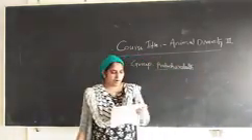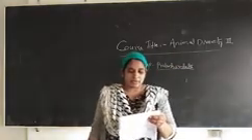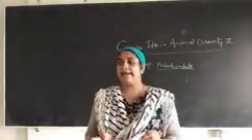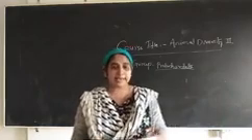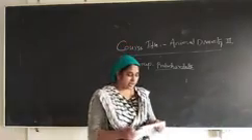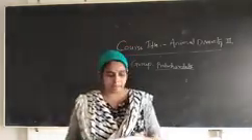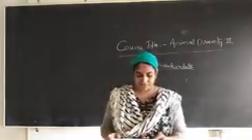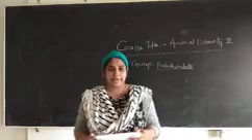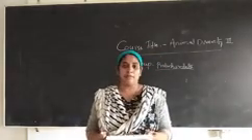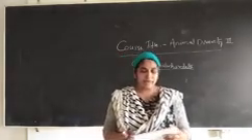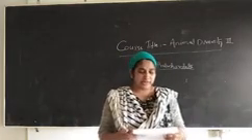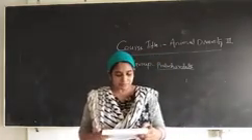Group Protochordata, again the Protochordates, includes Hemichordata and Cephalochordata. The example of Hemichordata is Balanoglossus and of Cephalochordata is Amphioxus. Number 3, introduction to subphylum Vertebrata. Salient features of Vertebrata: the presence of a vertebral column.